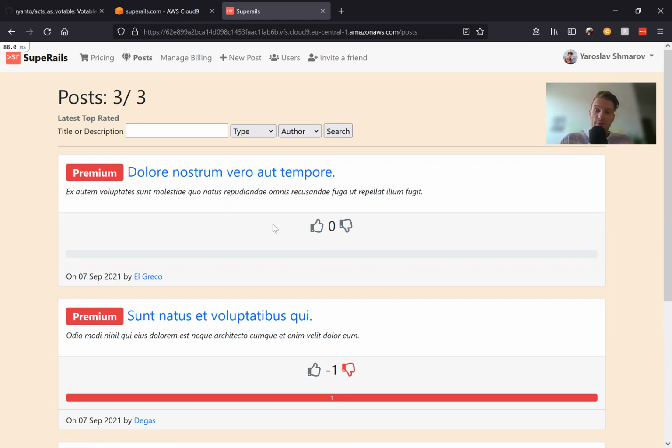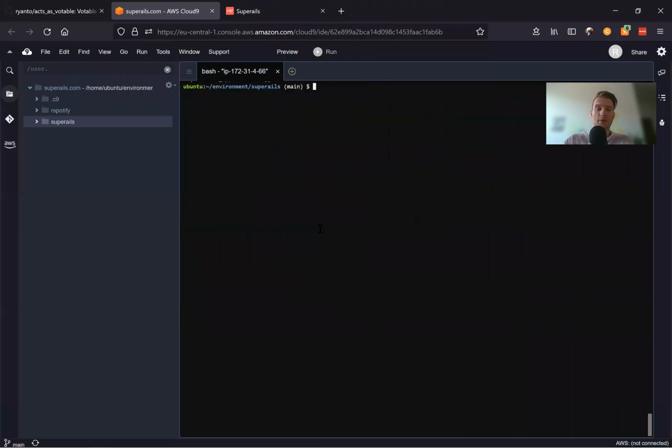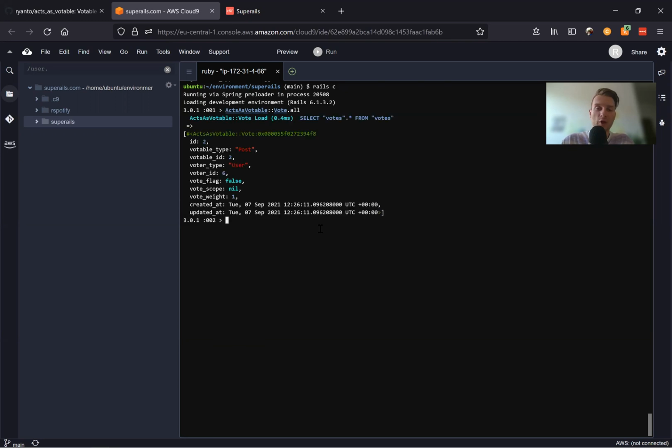But why should we do that if we have already added ActsAsVotable? We can just add some vote scopes. Now, at the moment, we are not using any vote scopes. So if we go into our console, start Rails console, and find ActsAsVotable::Vote.all, for example, you see vote flag is false because I voted down on this post, and vote scope is nil. And here we can have a string, and in the string we can have either something like